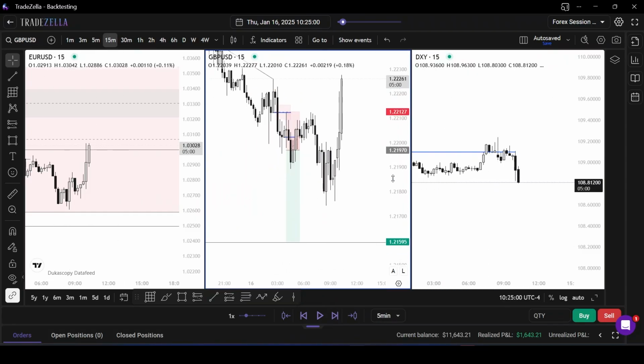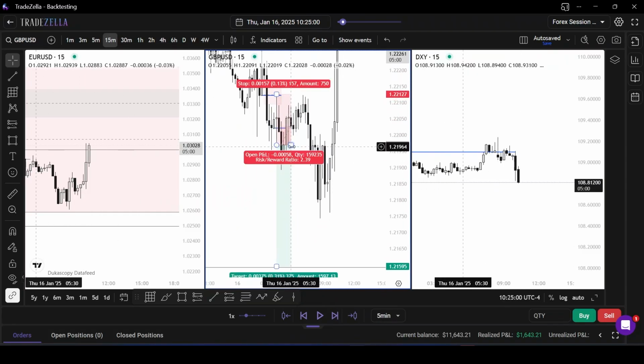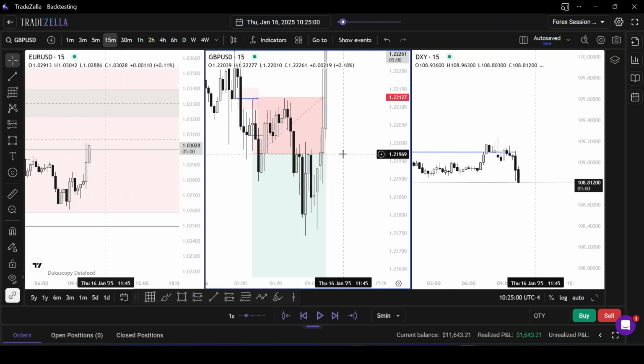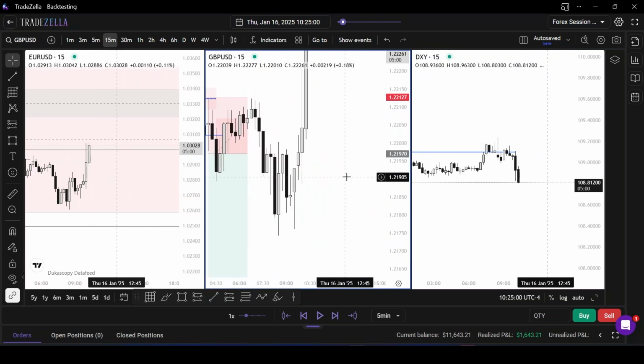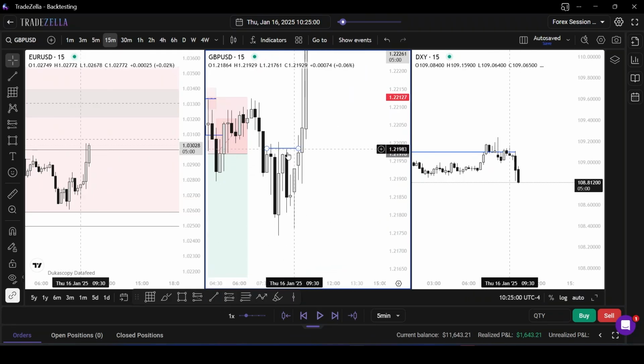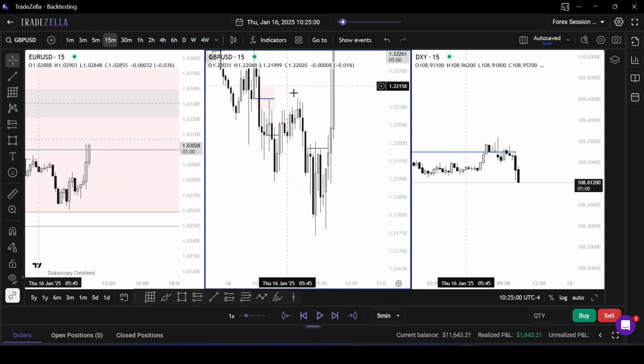Maybe this is where you take a loss, or maybe by now you might have moved your stop loss to break even because you had already what? You might have moved your stop loss already to break even here, rendering this trade a risk-free trade, right? So